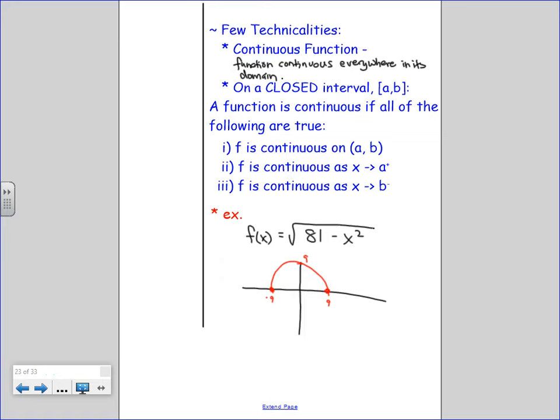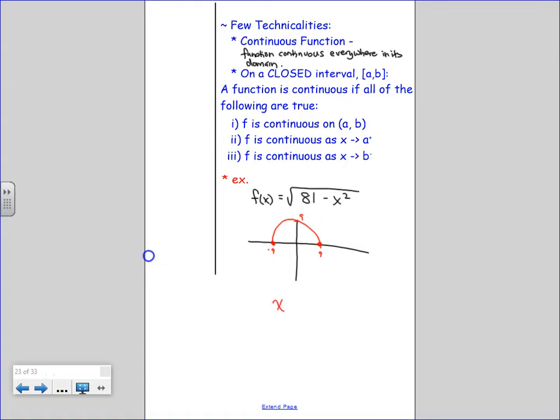From -9 to 9. True, but why, if we just use the old definition of continuity, would it not be enough to let us state this without this little quick add-on? What could pose us some problems? What's the limit as x approaches -9 from the left? Oh, it doesn't have a left. How about as x approaches 9 from the right? It doesn't. But why am I still able to say this function is continuous on